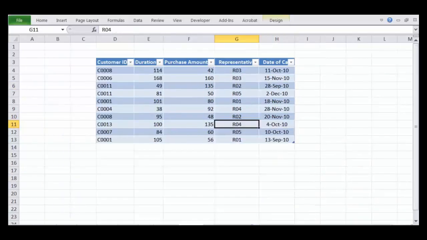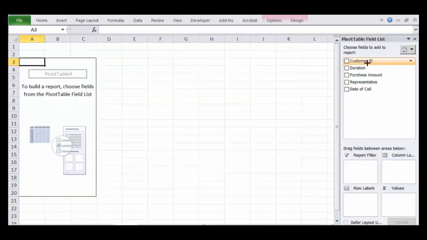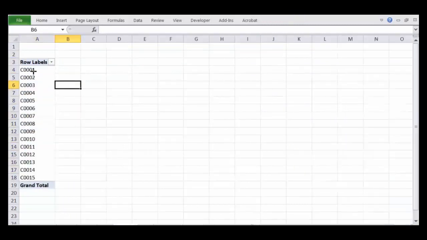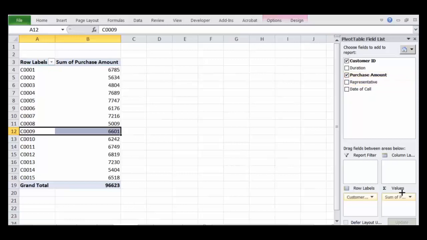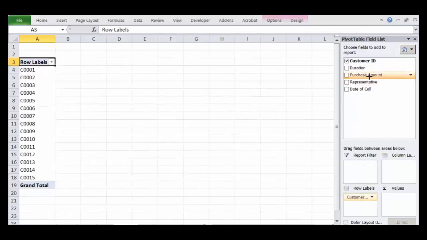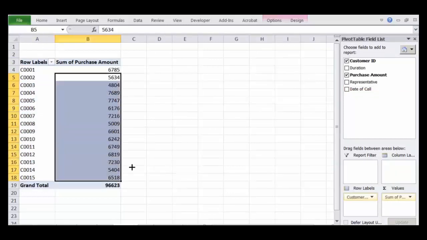So what we can do is, in the row we put the customer. See, all the customers have come in the rows, right? Then in the summation of the values, you can put the purchase amount. What I am doing is selecting this with a left click, dragging, and dropping it in the row label. The purchase amount I am also dragging and dropping over here. So here you find that the sum has come, right? Here you have the row labels and here you have the sum of the purchase amount.